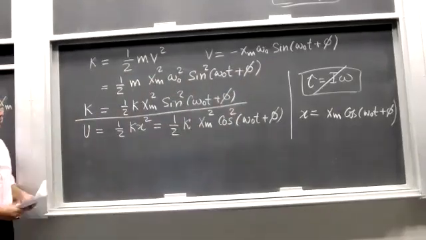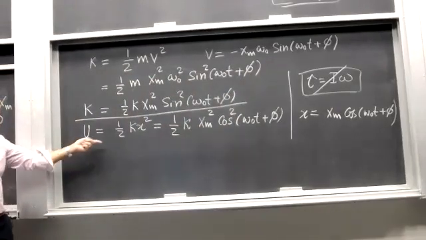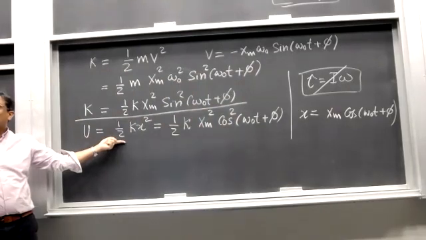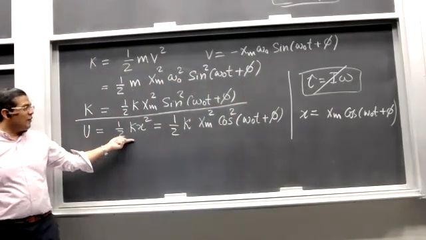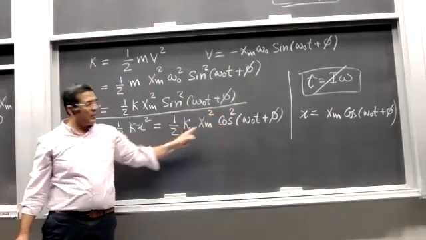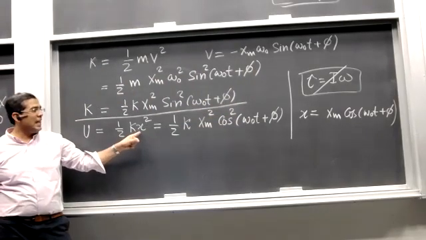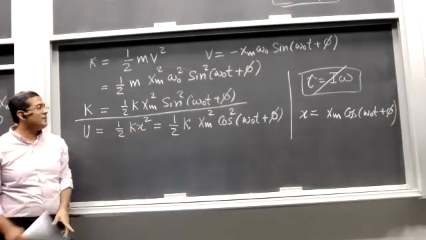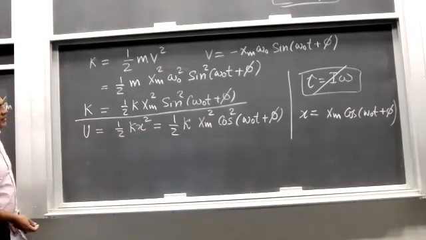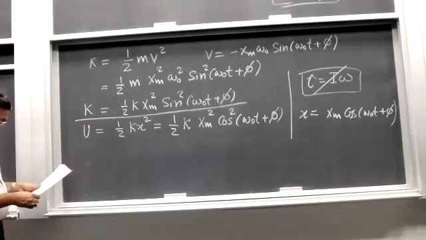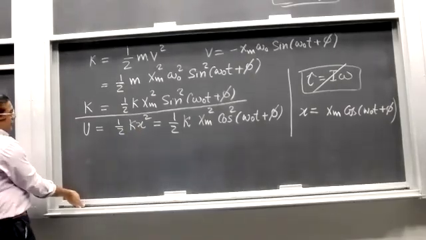That's a different thing. Potential energy. What is its definition? Half kx squared. And then we have to take the square of x, so what will come? We have to put the value of x here. Okay. Now what would be the total energy?